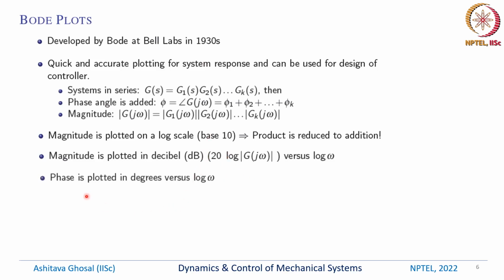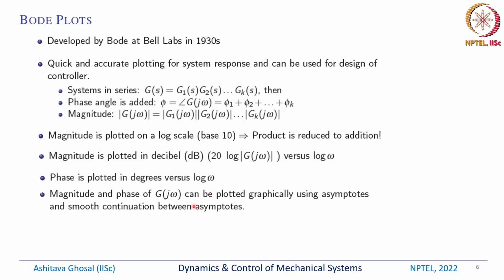The phase is also plotted in degrees versus log omega. So both x-axes, for magnitude and phase, we plot versus log omega. And this has some advantages which we will see shortly. And these magnitude and phase of G(j omega) can be plotted graphically using asymptotes and smooth continuation between